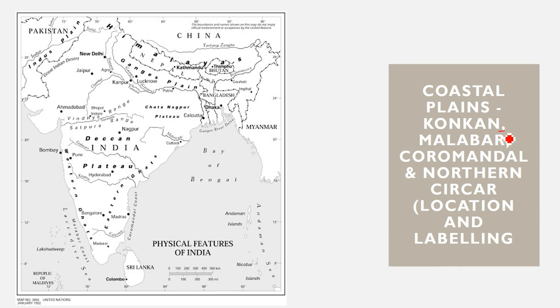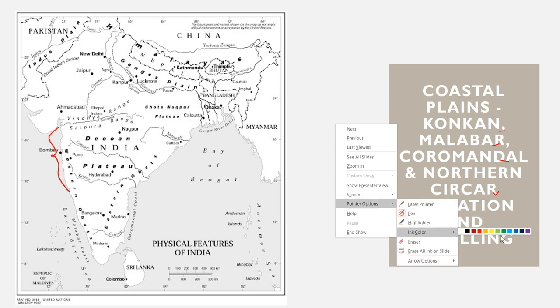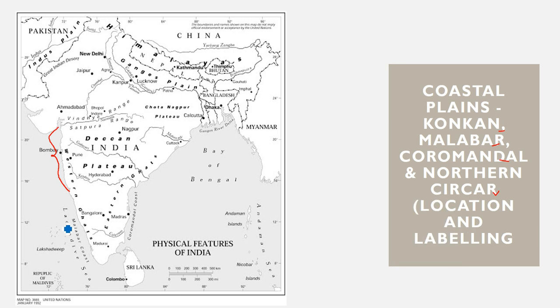In here we are going to locate Konkan Coast, Malabar Coast, Coromandel Coast and the Northern Sarkar. First we will come to the Konkan Coast. The Konkan Coast is the Maharashtra and the Goan coast. Right? Maharashtra and Goan coast is the Konkan Coast. Then comes the Malabar Coast. The Malabar coast is completely Kerala. The middle one is obviously the Kannada coast or the Canara coast.